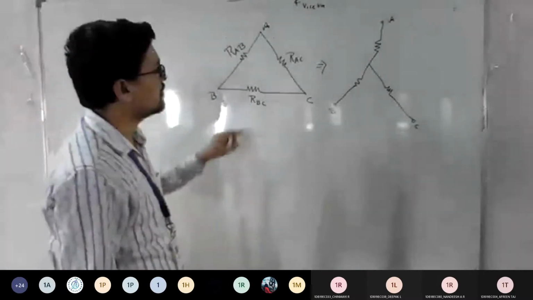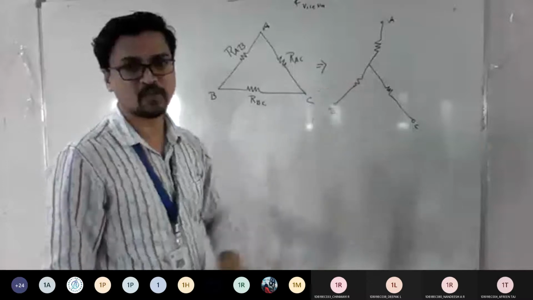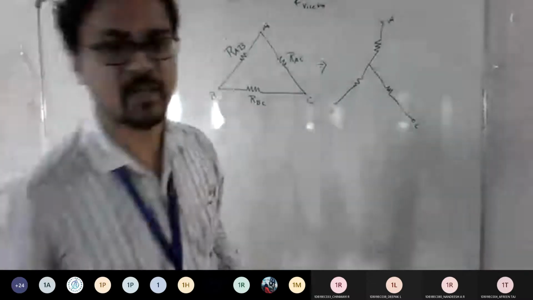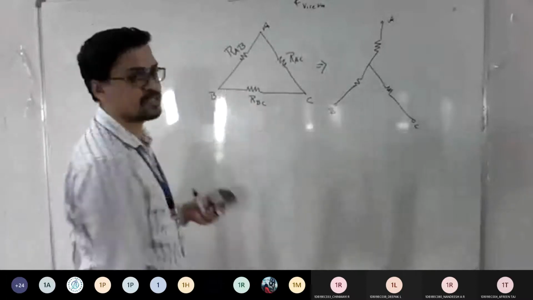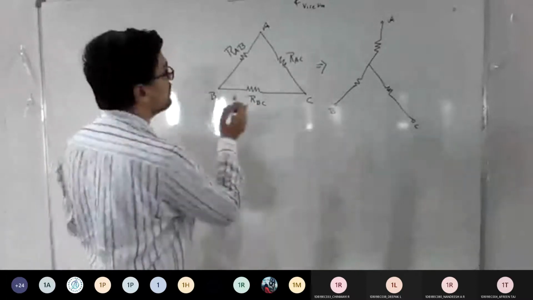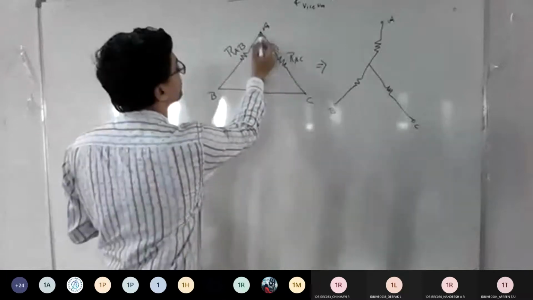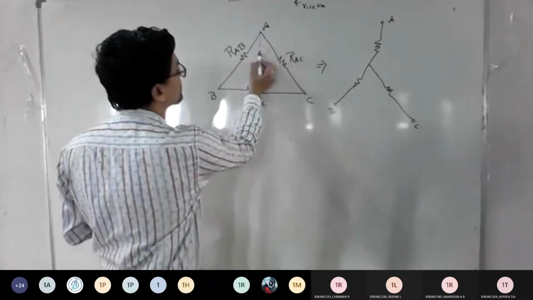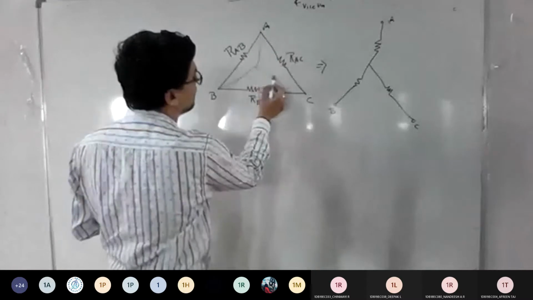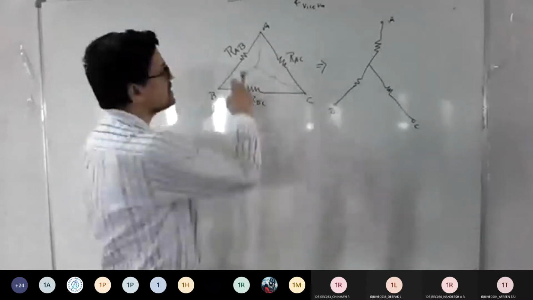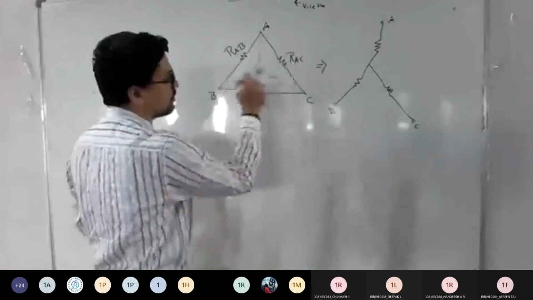Okay, now listen here. If you want to find this, I need to convert this to this form. So how to convert this to this form? Whenever you find any delta form in the network, for your reference, you just make a thing that I'm going to write now. You can write it in pencil also, that is not a problem. This is just for your reference. In between two resistors, I'm going to place a resistor. See, between two resistors, one resistor, between two resistors, one resistor, between two resistors, one resistor.